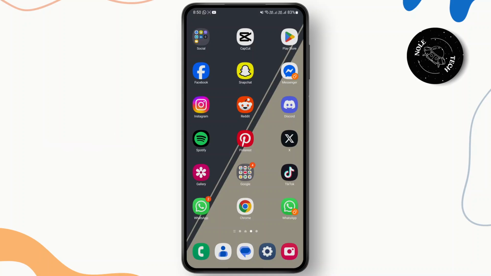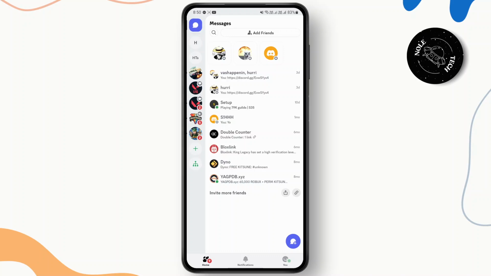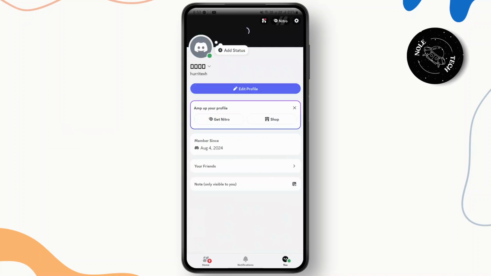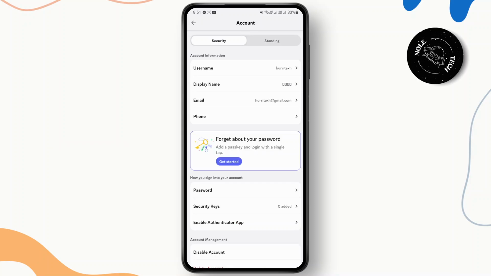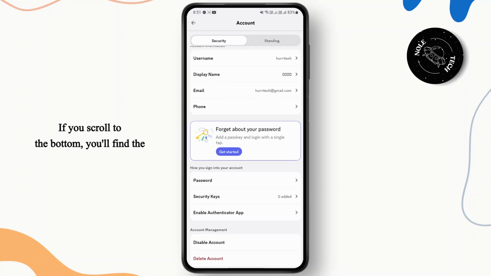First things first, go ahead and open up the application. And once you open up your Discord, in order to delete your account, you would first head over to the You tab at the bottom right and then click on Settings. Once you get to Settings, you can tap on Accounts. And if you scroll to the bottom, you'll find the account management tab where you have an option to disable